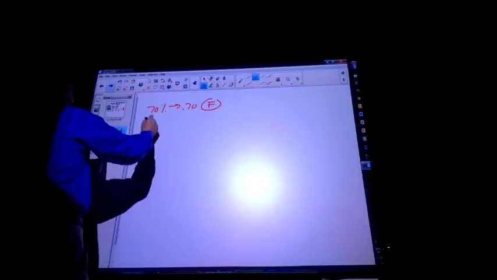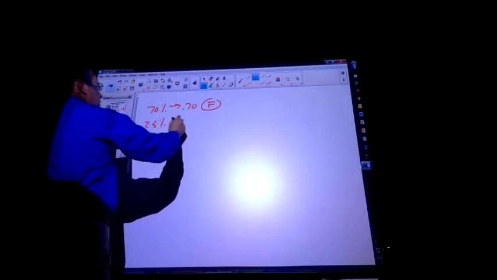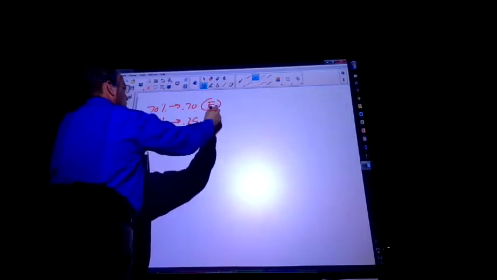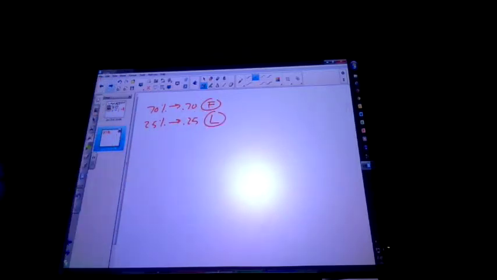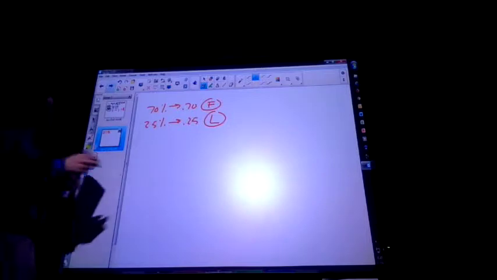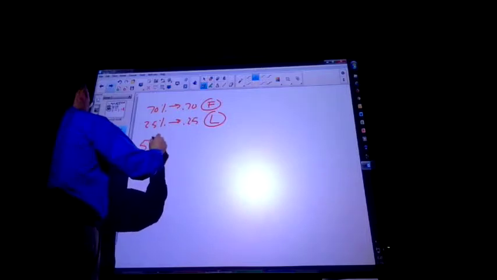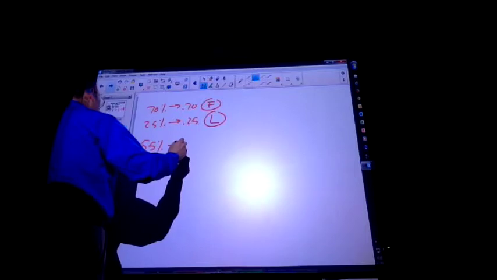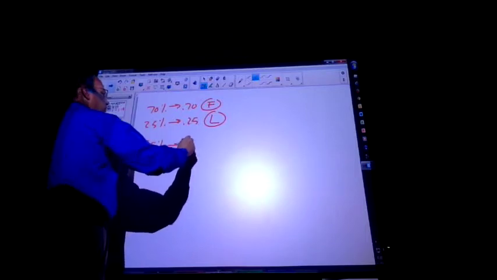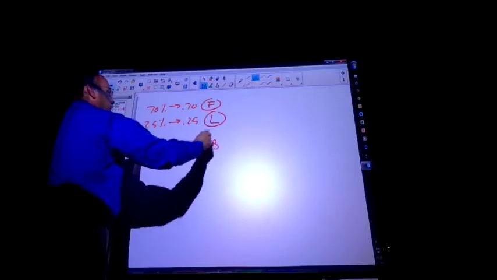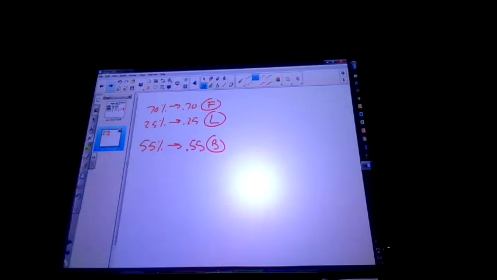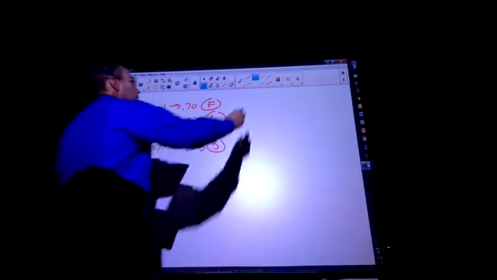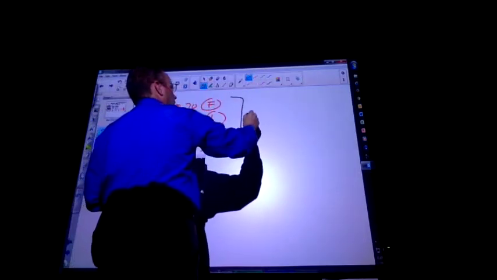Is it okay if I use an F for football? Because everyone will be able to catch on. Okay. 25%, which is 0.25, like lacrosse, and we'll put an L for lacrosse. Is that okay? God bless you. And then 55% chose basketball. B for basketball. Then from there, 5%, God bless you, 5%